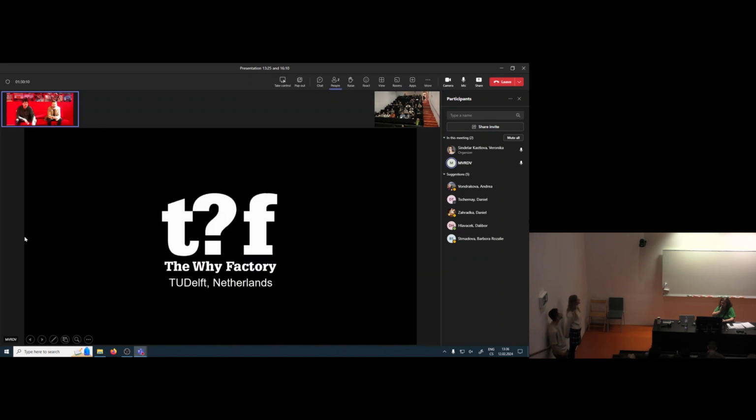So let's begin. The Wine Factory is a think tank that was started more than 10 years ago here in Delft with the mission to explore the future of cities. The initial manifesto called for visionary cities, and we're interested to explore how different aspects such as mobility, biodiversity, ownership, and many more will impact our future cities. We do that both in theoretical or non-applied studios, where we explore systems more, and in case studies and applied studios. The upcoming studio will fall into the second category, and we'll start to describe it now.